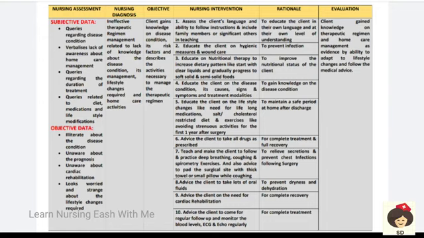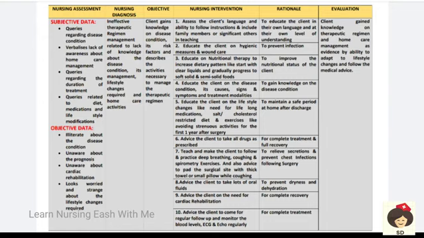Okay, and also educate about the disease condition, causes, signs and symptoms, treatment modalities, and complications. Everything you have to teach them, and tell them to follow, so that they will get knowledge about the disease condition, and whenever there are complications, they can come to the hospital. And also all the lifestyle changes like the need for lifelong medication, a salt and cholesterol restricted diet, exercises, and avoiding strenuous activities for the first year after surgery. Everything you have to inform, so that they will have a safe period